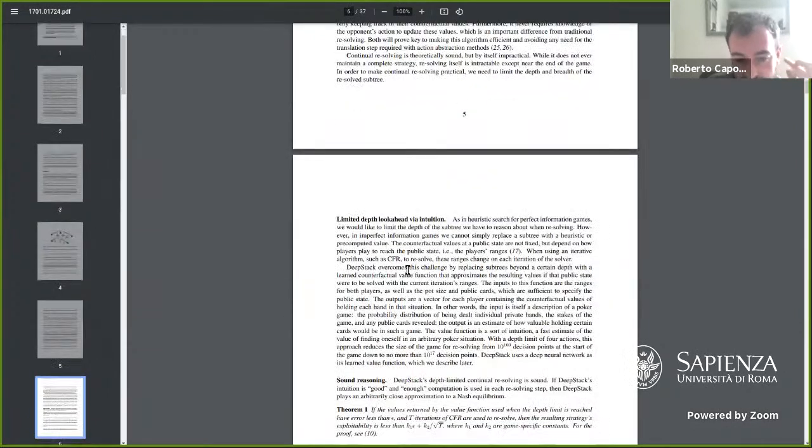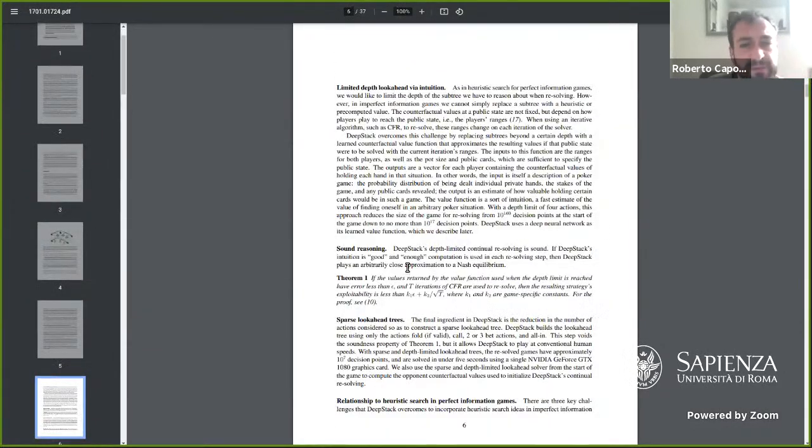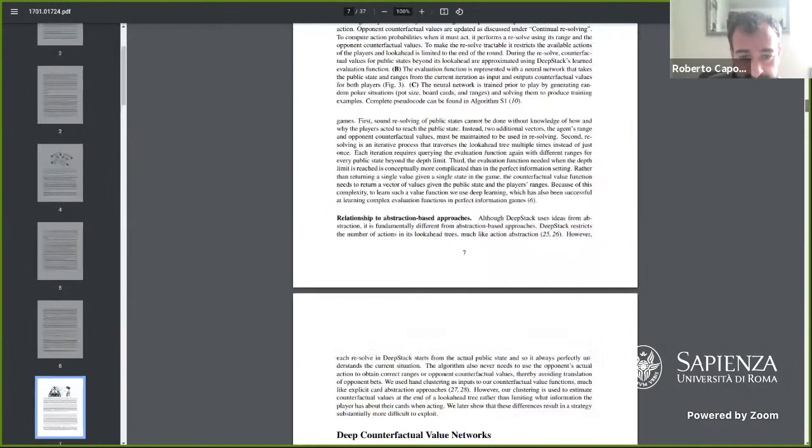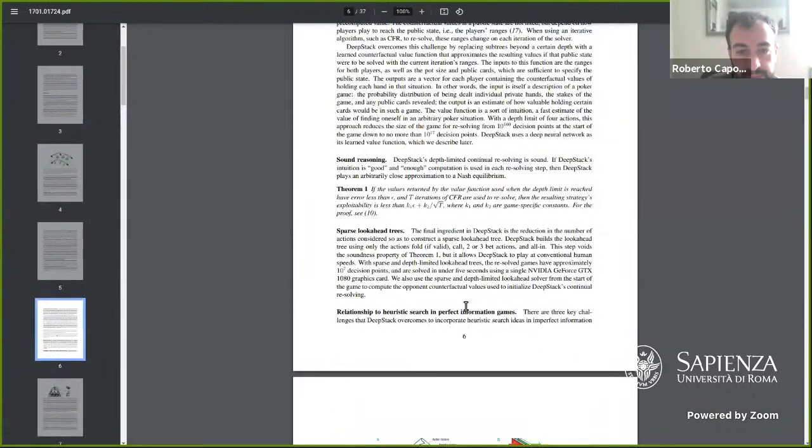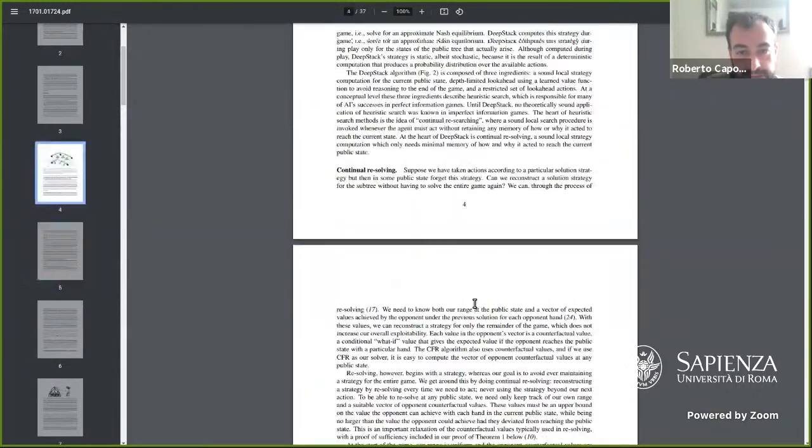I don't know if it is this paper specifically, but a version of this paper was published in Nature as well. And the idea here is still that of using some sort of tree search, some sort of simulation similar to what we have seen in AlphaGo, although slightly different. It uses counterfactual reasoning and